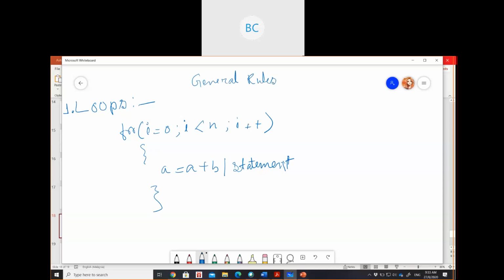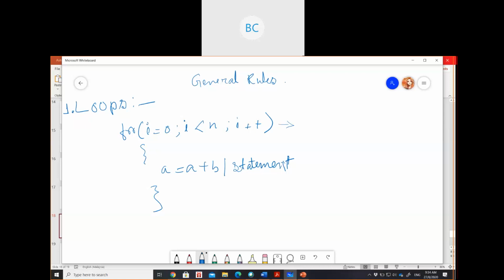So what happens in a for loop? I have already mentioned how long it takes to run a for loop. So what will be the time for this for loop? For how many times is it going to run? Don't think about the exit condition.